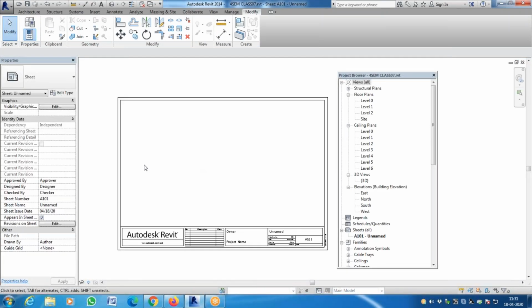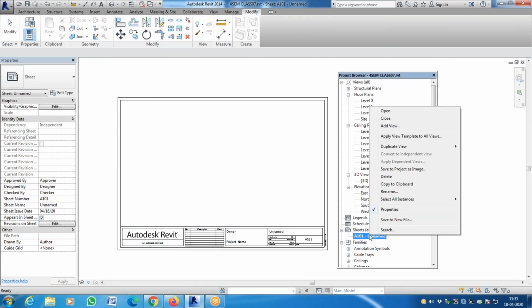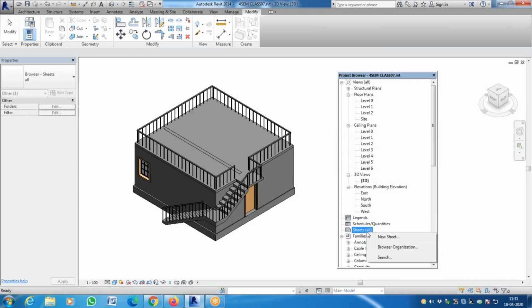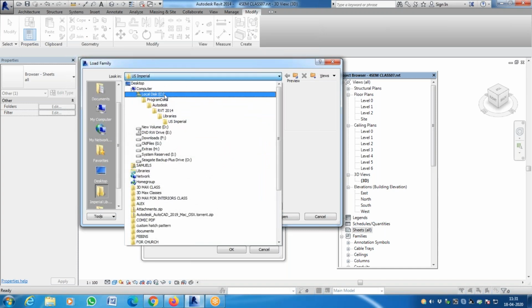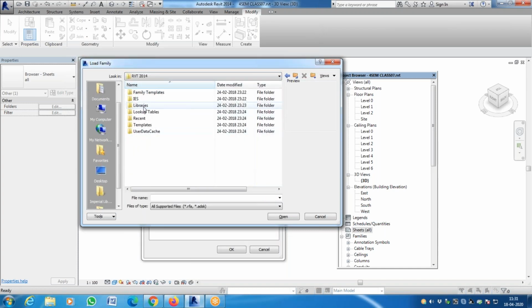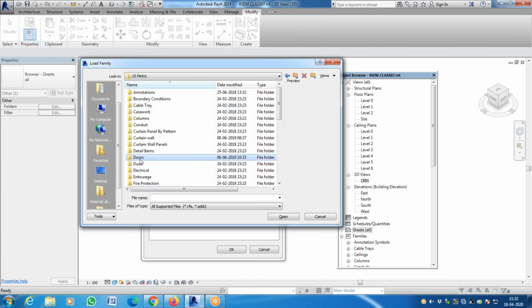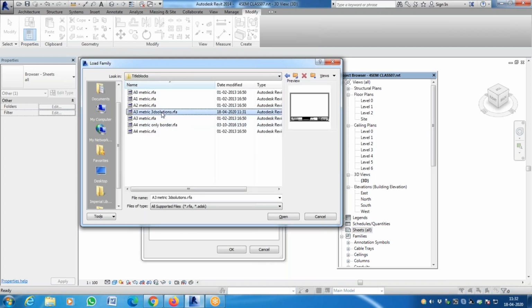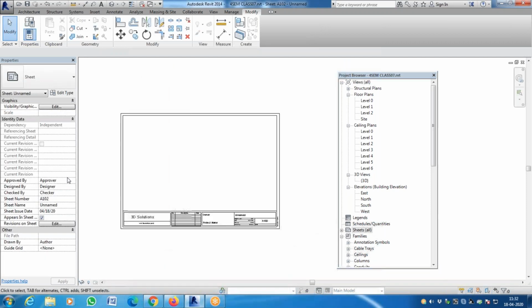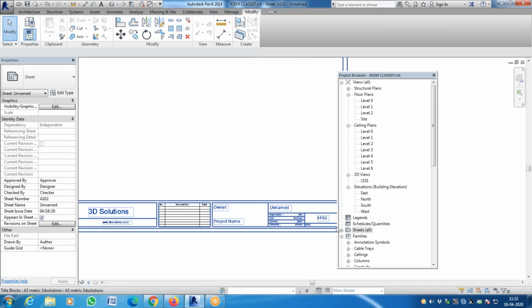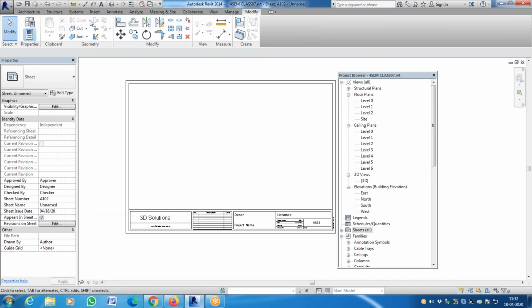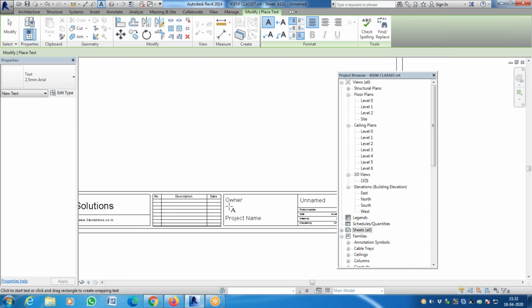Yeah. So I'll come back here, and now for some reason I don't want this A3 metric. So I'm deleting this, and I am adding a new sheet, not A3 metric, but 3D solutions A3 metric. Now see, I have my company name here. These things I don't need to add over there, but I can add it over here itself. I can simply add owner,